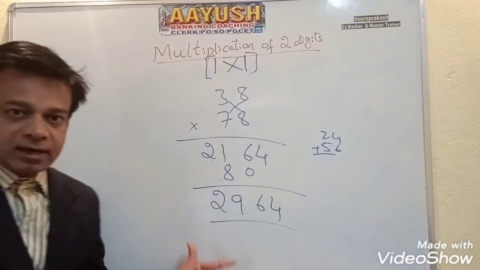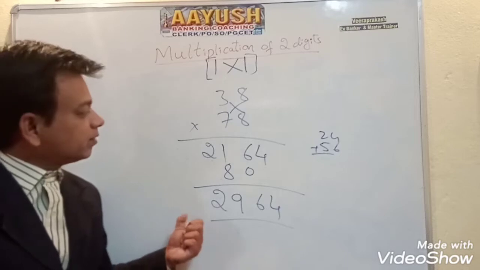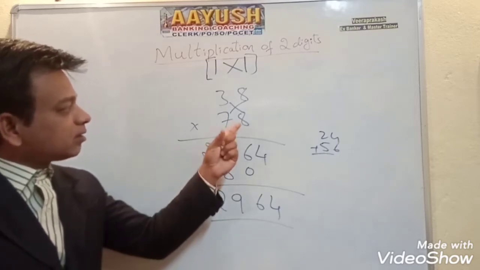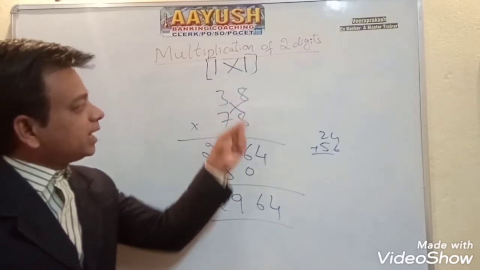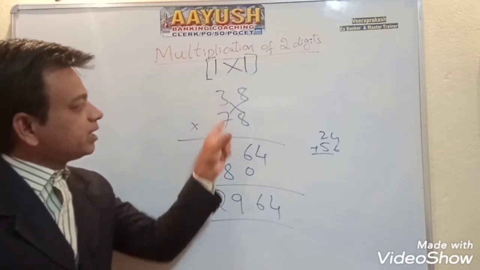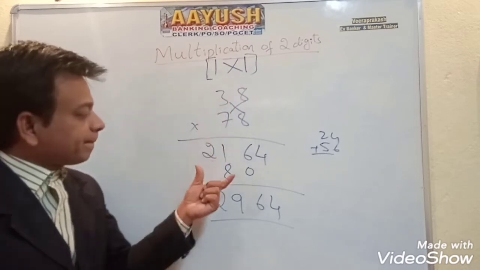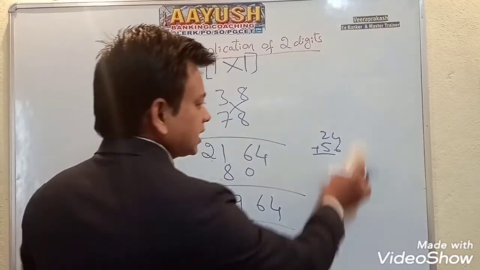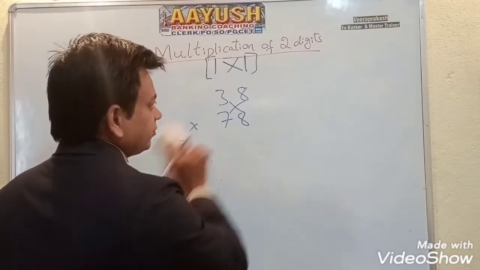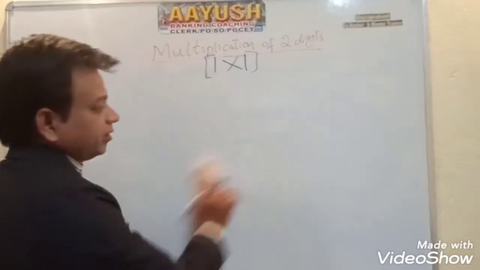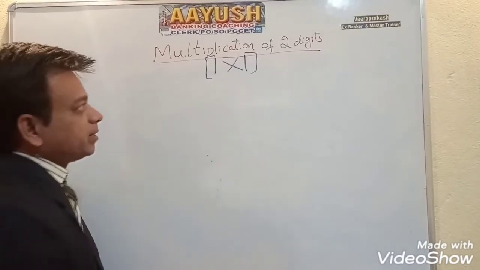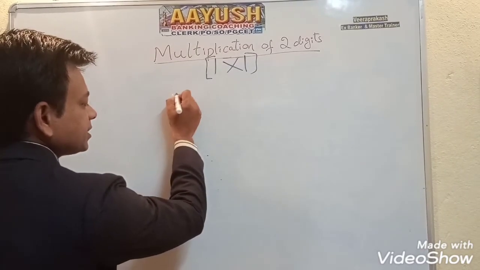So this is quite easy for you people. Why? Because here you are not going to do the 8 table two times and the 7 table two times. If you regularly practice about 30 to 40 problems, then you will be well versed in this two digits multiplication. We'll have some more examples.